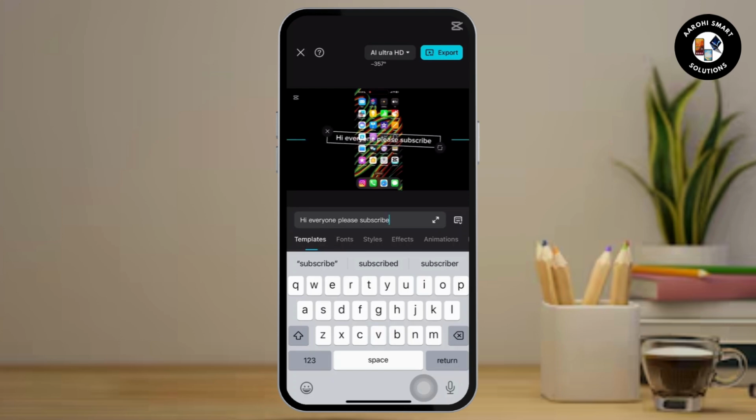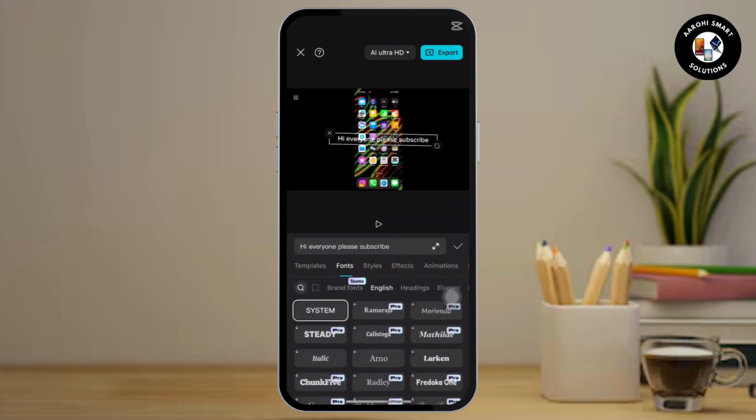Now all you have to do is place it wherever you want, drag the text box on the screen to position it. In the timeline, you can also adjust the text layer's duration to match your video as well. Now once the placement is done, you can simply export the video by tapping on the export button in the